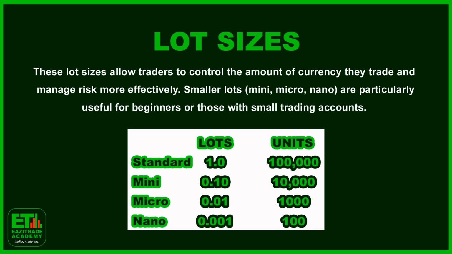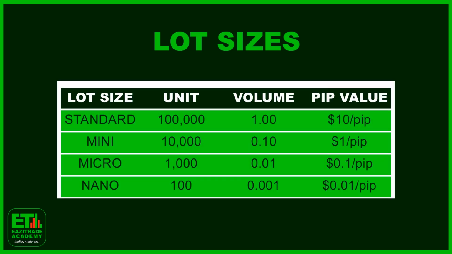So let's take a look at this other diagram, which also showcases the pip if peradventure you are trading a major pair, which are Euro USD, GBP USD, USD JPY, USD CAD, and so on and so forth. If you are trading a standard lot, as seen here on this diagram, you will be making